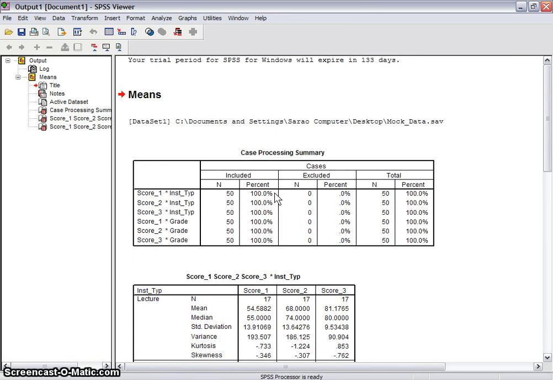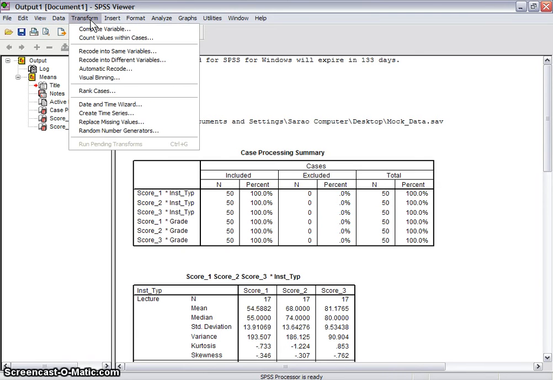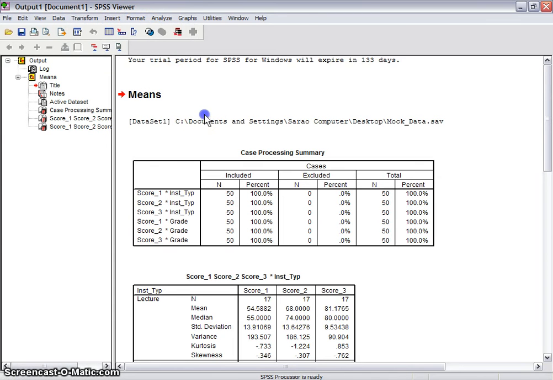Alright, let me do number 2 now. Number 2, calculate an independent samples t-test for instructional type and scores 1, 2, and 3. Hint, use the transformation function. So I'm going to go to transform. Oh, I remember this one. Okay. So if I look back down